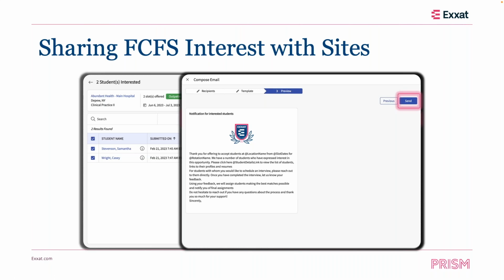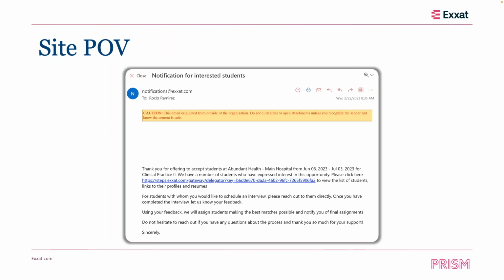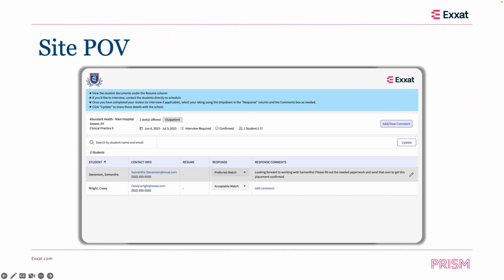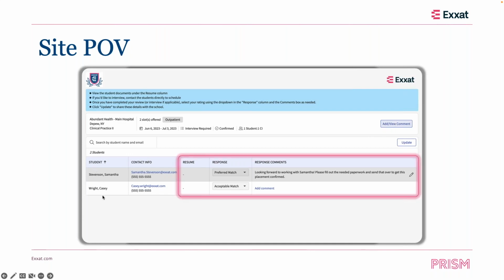All right. And so once it's sent, we're going to quickly show you what that looks like in terms of the site itself. So the site is going to receive your email. They will then have a link to click on. Once they do, they'll be redirected to our system, and they're going to see their location information, what they've offered. They can add some general comments for you that aren't specific to any student. But what they will do is for each of those students that you have shared, they have the option to